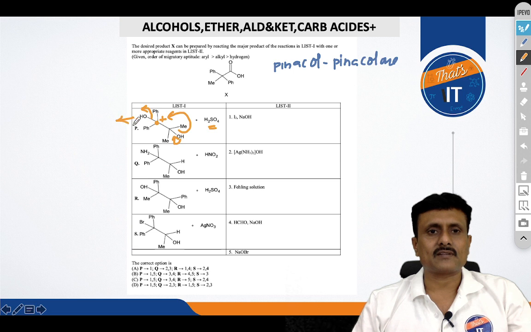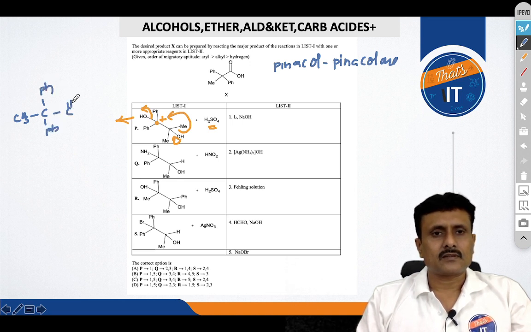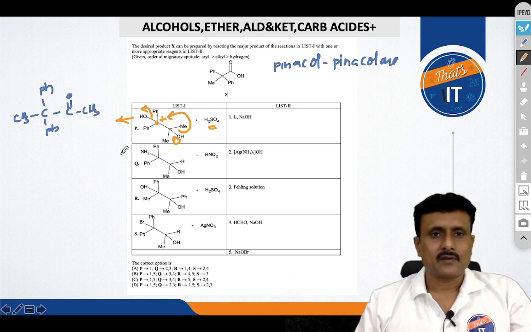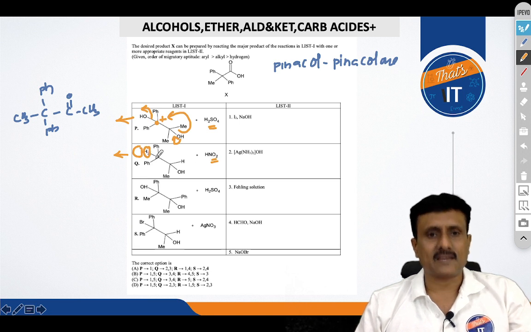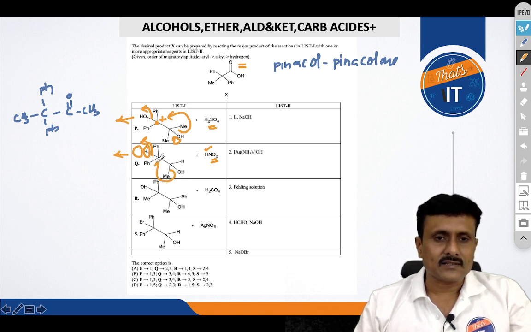So I am writing the product in a single step. What's the product here? Methyl shifted, 2 phenyls are already there, C double bond O CH3. So this is the product out of your P. Now over here, when I am treating with HNO2, you know that it will lose H2O and N2 gives rise to initially the alcohol, which will react with H plus to again lose this OH. Then migratory aptitude, you can see it is clearly mentioned that hydrogen is least, so methyl will migrate here,